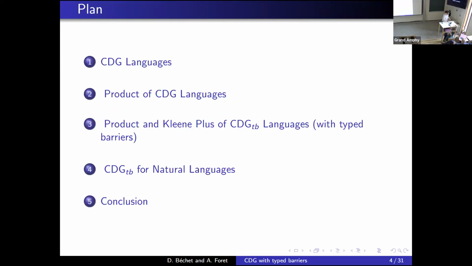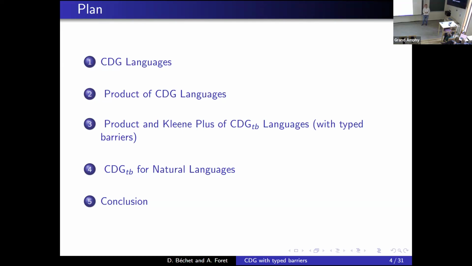So now I want to offer some background on CDG languages. After that, I want to show how we can define the product of two languages using this framework.